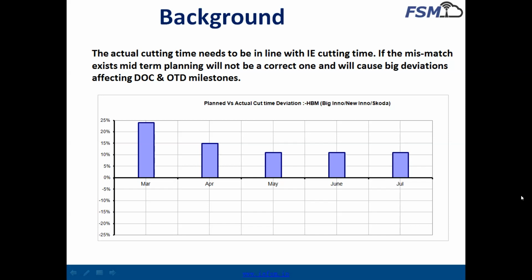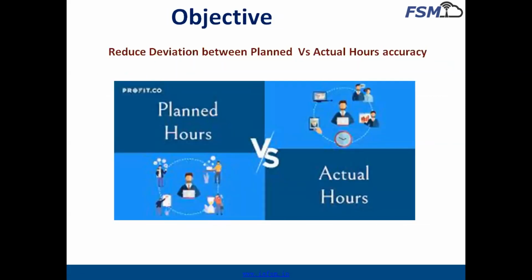And the company where I have done this project, the data of this Alstom Project India Limited, also suggests that there are always deviations between planned hours and actual hours. Due to that there is a problem in on-time delivery and there are always clashes between the planning department and the production department. So the main issue was large deviations between planned hours and actual hours. The objective of this project is to reduce deviations between planned and actual process hours.